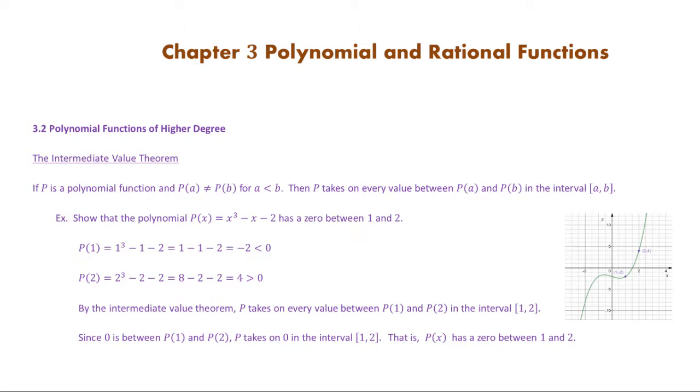In this problem, we need to show that the polynomial p of x equal to x cubed minus x minus 2 has a 0 between 1 and 2. Okay. So as I said, when it says the 0 of polynomial, it means you need to solve this polynomial equation of p(x) equal to 0 and see what the solutions are. Then they are called zeros of the polynomial. So we need to solve